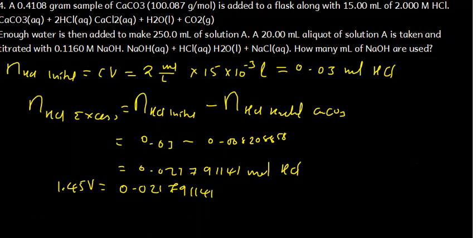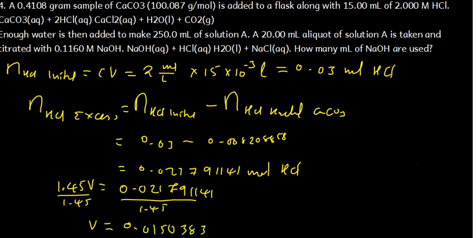So now our aim is to remain with V. So we are going to divide by 1.45, and the other side we also divide by 1.45. So the V we are going to find at this point is going to be 0.015038373. Now this will be in liters. Our aim is to find the milliliters of sodium hydroxide. So this is the volume of sodium hydroxide you found. Remember, when we are doing the multiplication, we multiply the concentration times the volume of sodium hydroxide. Now to convert this volume to milliliters, all we do is